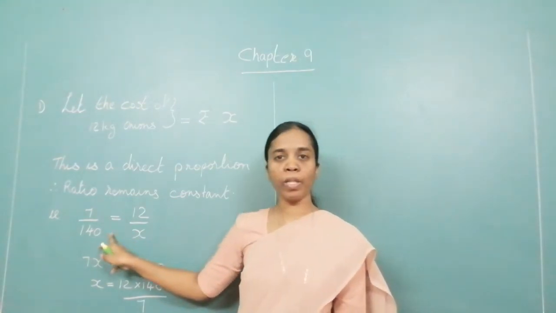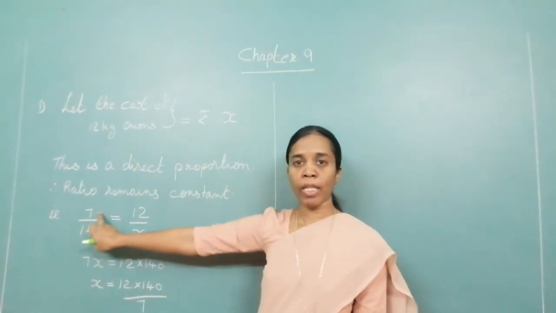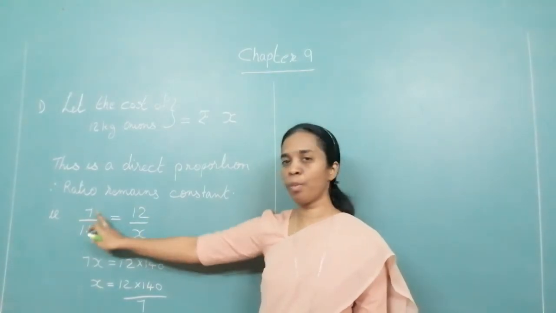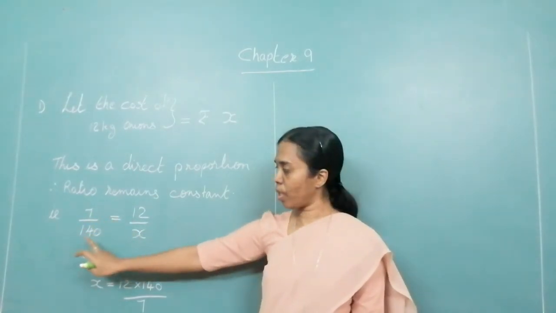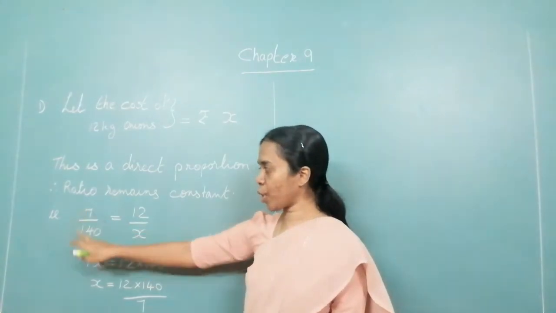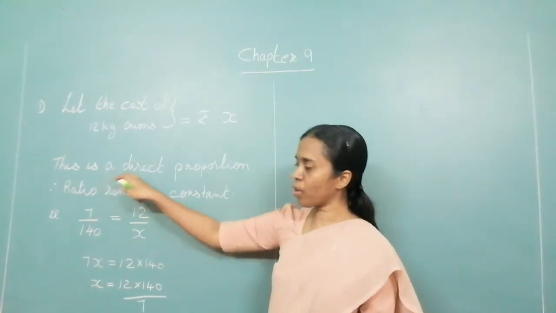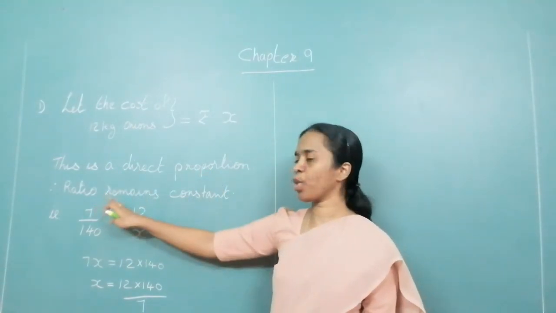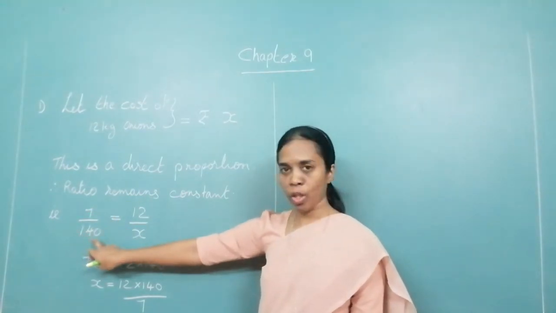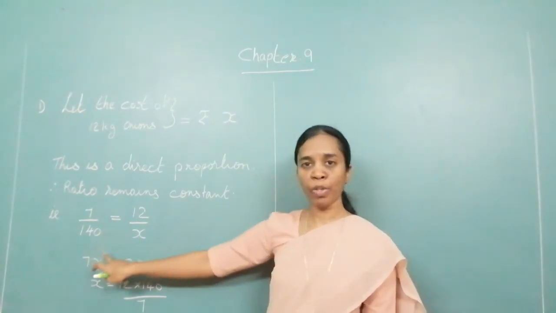This ratio has to be written in the proper manner. That is, if you are considering kgs, the kilogram in the numerator, it should be same on both sides. Then you consider the cost in the denominator. Now you have written the ratio because you have said the ratio is constant. Why is the ratio constant? Because this is a direct proportion. Therefore, the ratio remains constant. And what is the ratio? Kg upon cost. This is same. Okay.